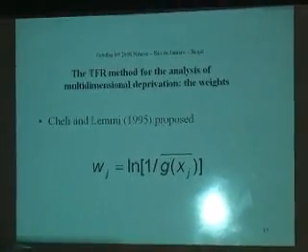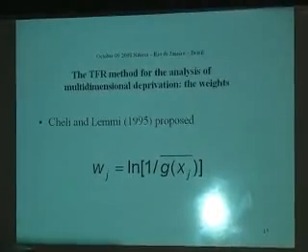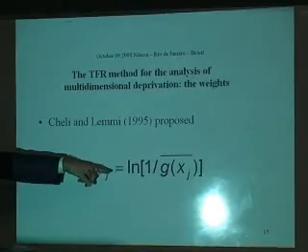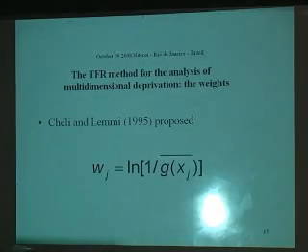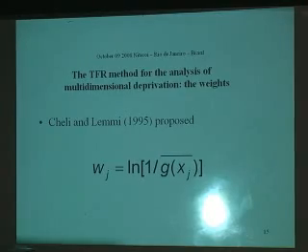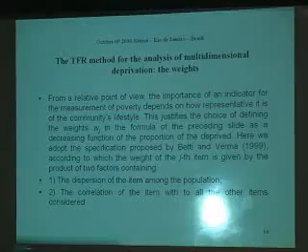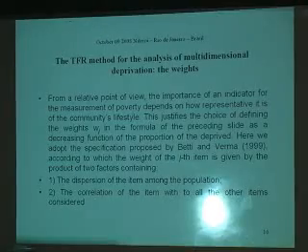Kelly and Lemmy 95, and before them also Cerioli and Zani, proposed that the weight of an item is equal to the logarithm of 1 divided by the mean, so the diffusion of this item among the population. So this is something important, but later on we thought, well, but if